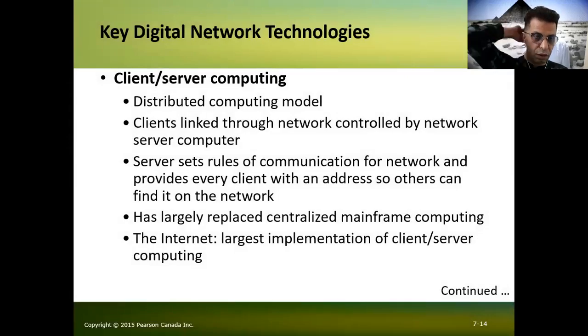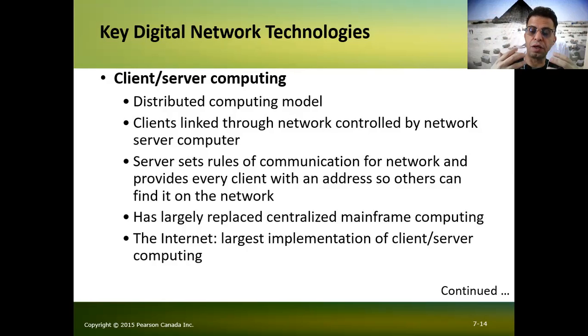And here we have what you call key digital network technology that we need to know about: it is client server computing, which is a distributed computing model. A few clients or dummy PCs are connected to a server or a computer. That's called client server computing. It is a distributed computing model where clients are linked through a network controlled by a network server computer,